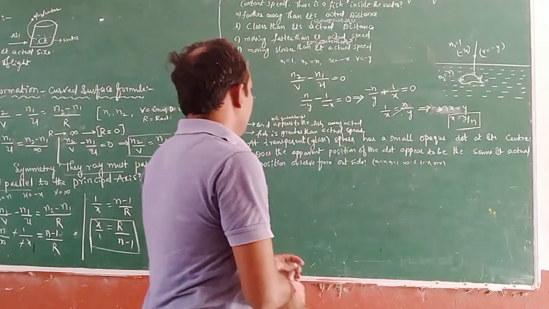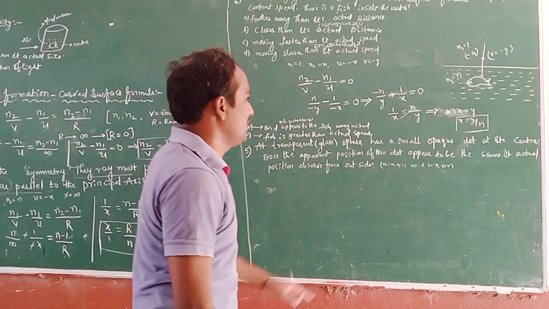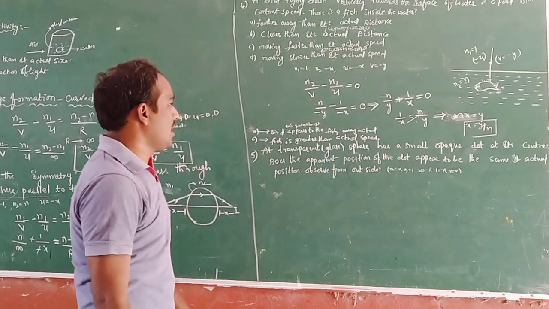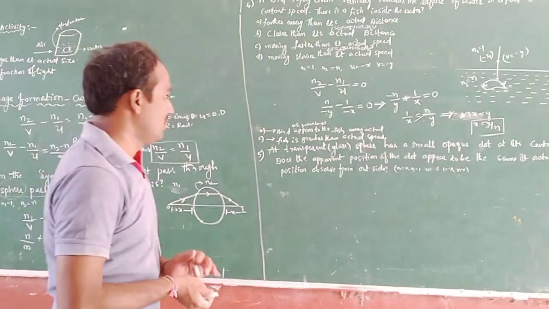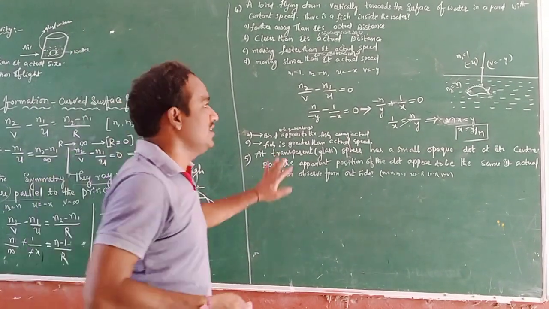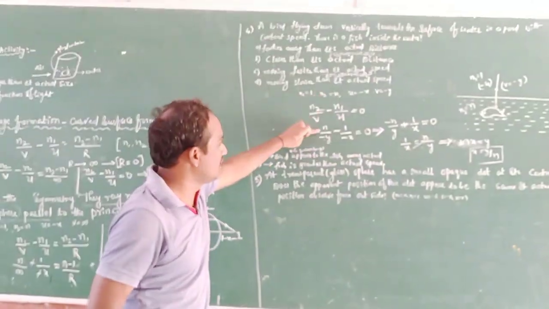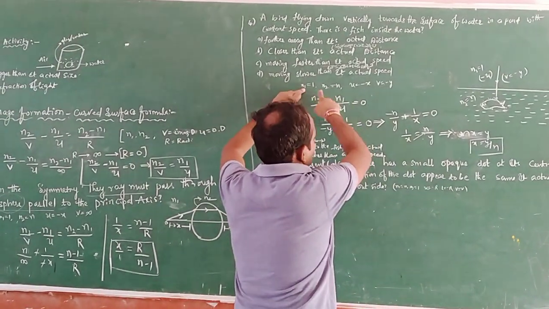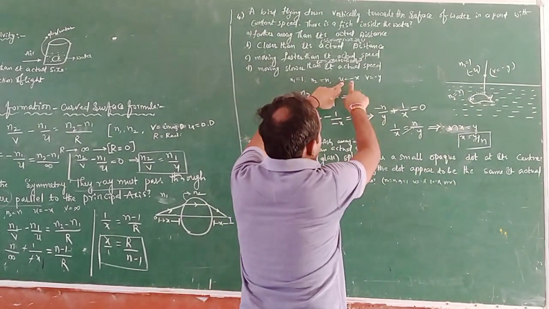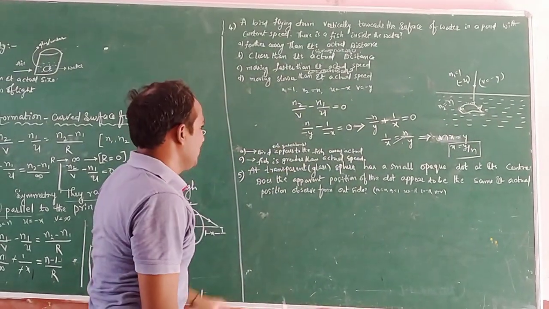n. Actually here the n value is greater than 1, that's why the object, the bird, appears to the fish away from the actual distance. And one more thing, the fish sees it greater than the actual speed. So we know the formula for image formation, n2 by v minus n1 by u. Here n1 and n2 are the refractive index values, n1 is equal to 1, n2 is equal to n. The value u is equal to minus x, v is equal to minus y, the actual distance of the bird. So here we have to substitute.